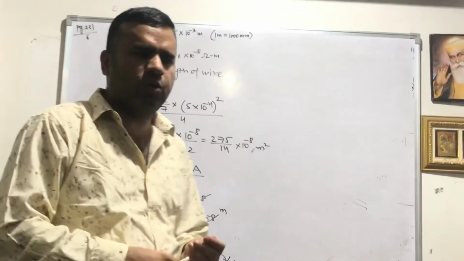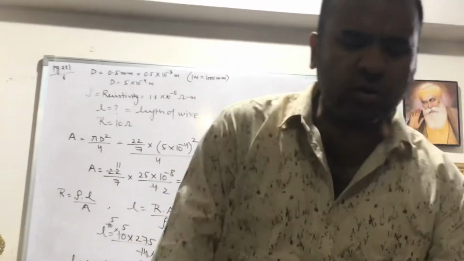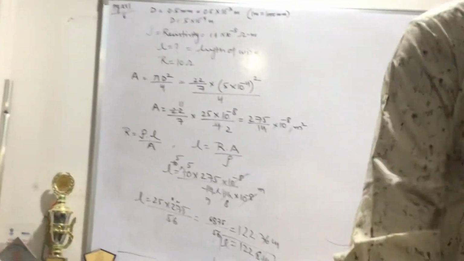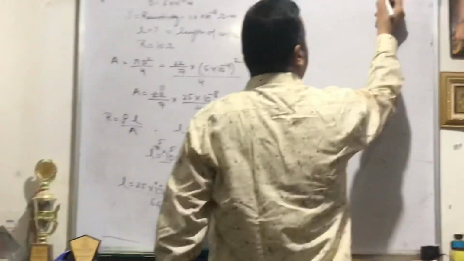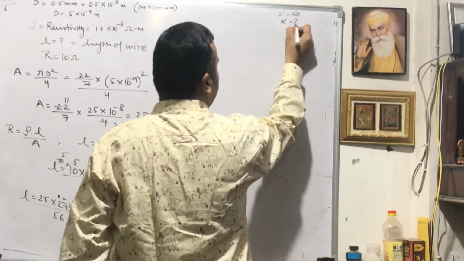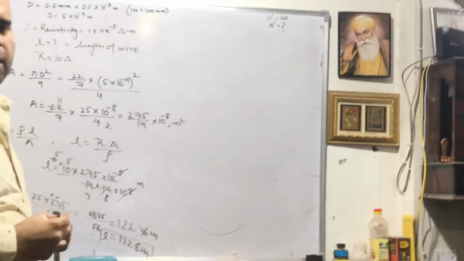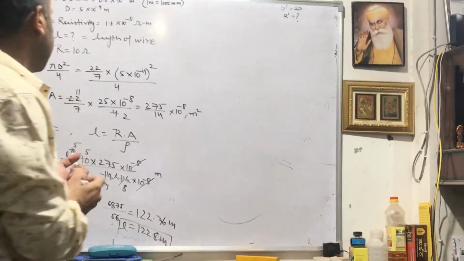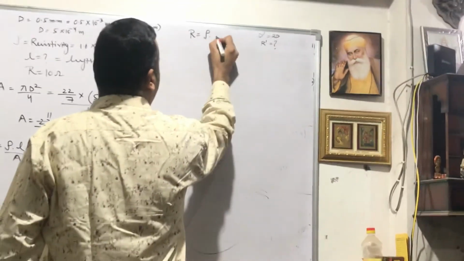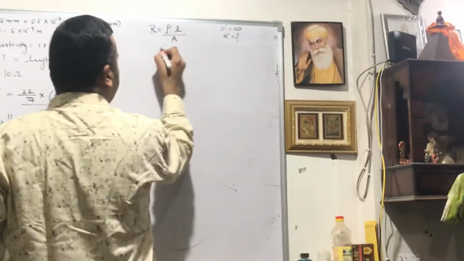Further I have substituted all values. But one more thing you have got to do in this question, which says, how much does the resistance change if the diameter is doubled? Diameter is doubled. New diameter is D dash. If D dash is double, it is twice of D. Then what would be the new resistance? My dear students, you know the formula for resistance, rho into L upon A.